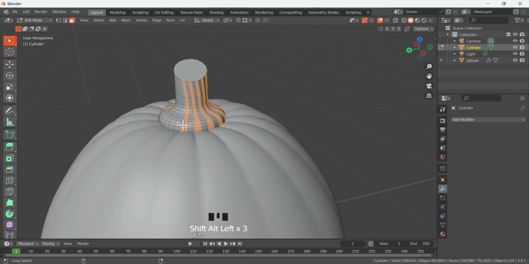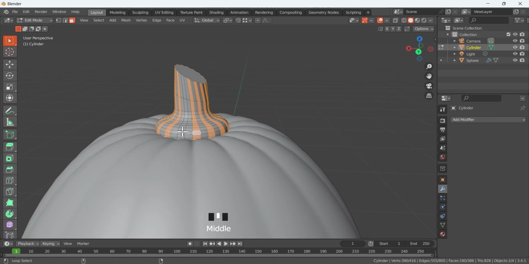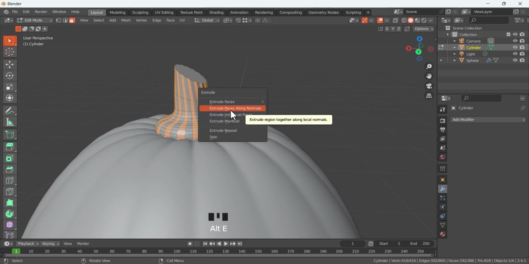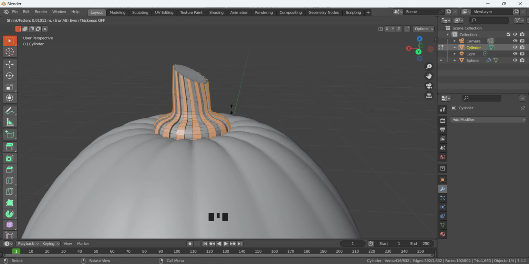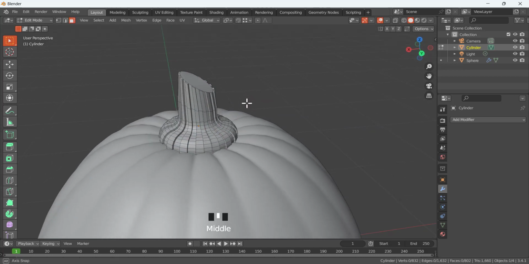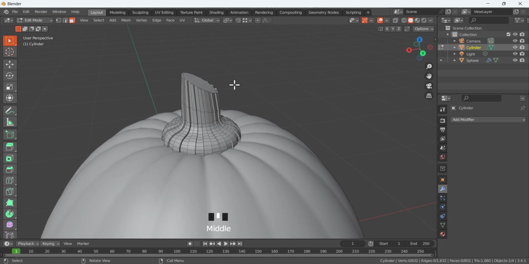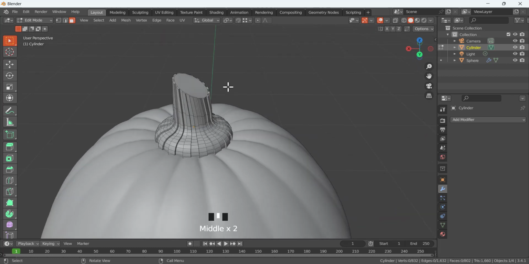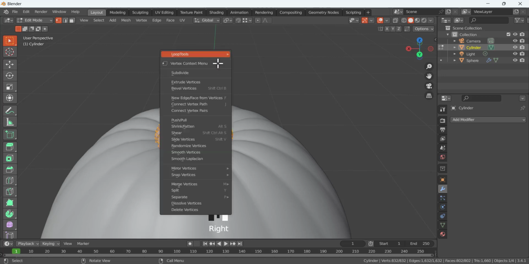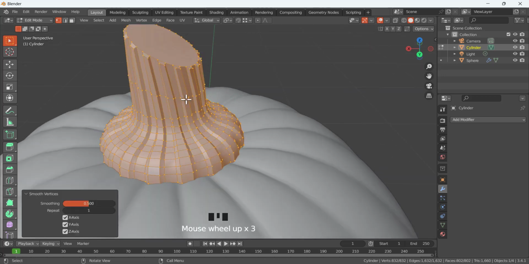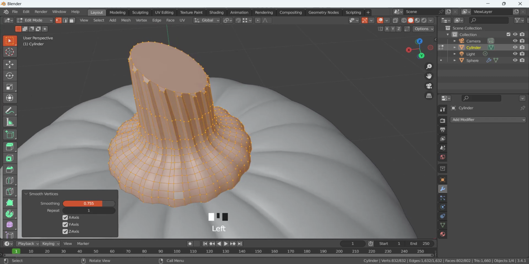Keep going and keep selecting these. Then Control Alt E and extrude faces along normals and make it like that. And here we are going to press the A to select everything. Make sure you are in the vertex selection and then right click and smooth the vertices and it will smooth the vertices and make sure you are going to make it